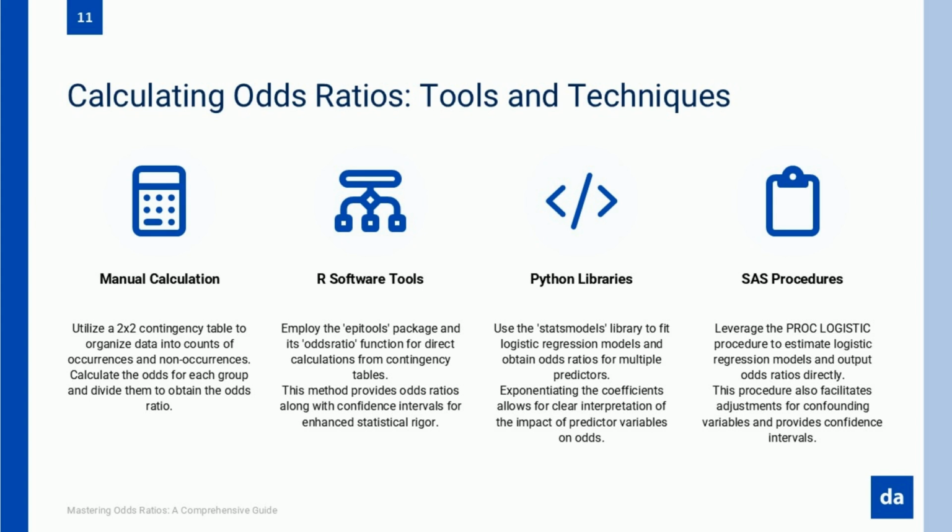Calculating adjusted odds ratios through logistic regression is a prime example. This method enables researchers to control for confounding variables, isolating the effect of a specific factor while accounting for the influence of others. In complex studies where multiple variables may impact the outcome, this approach is invaluable for obtaining accurate